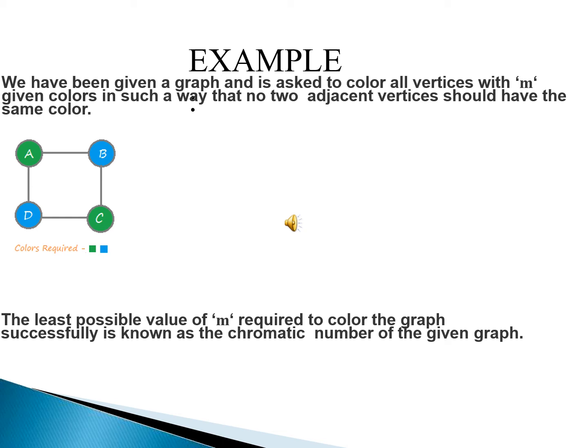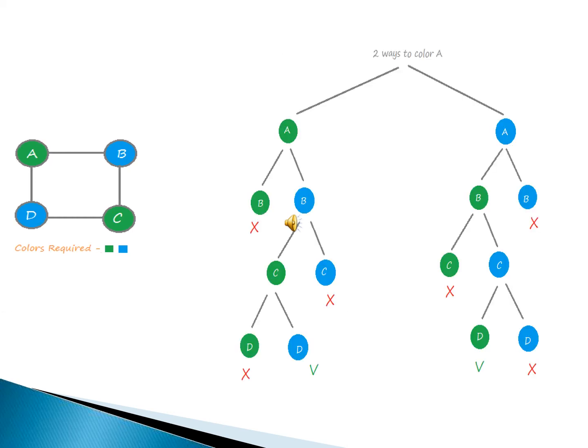Then we will go forward if two colors do not satisfy the coloring of the graph with the property that two adjacent vertices should have different colors. The left side shows the planar graph having the nodes A, B, C, D. We have to assign colors to these four vertices with the property that two adjacent vertices should have different colors. Initially we will take two colors, blue and green.